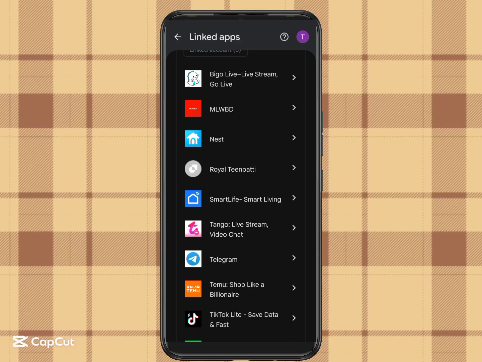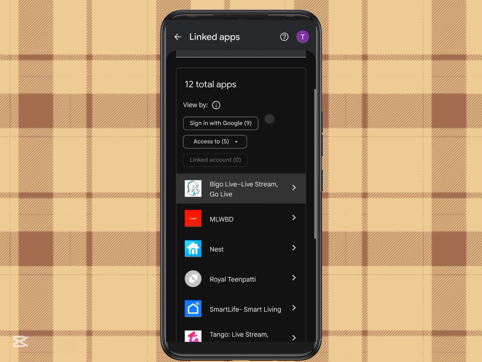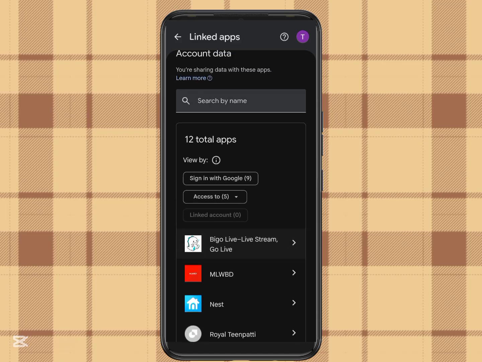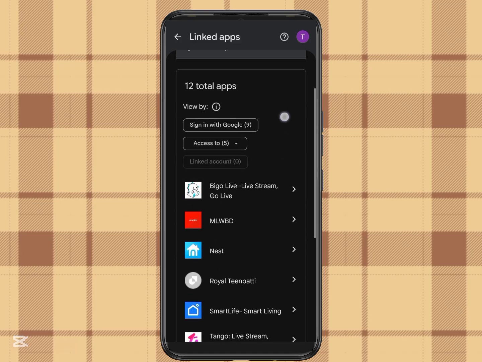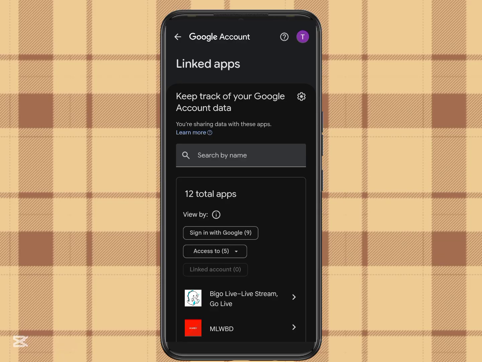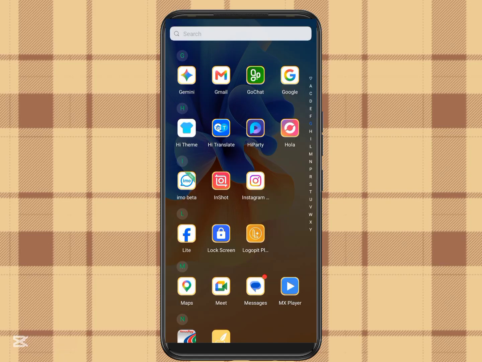Today's video I will show you how to remove third-party applications on your Google account. In this way, very easy, so follow me step by step, don't skip the video. Let's get started now. First, open your Gmail app,